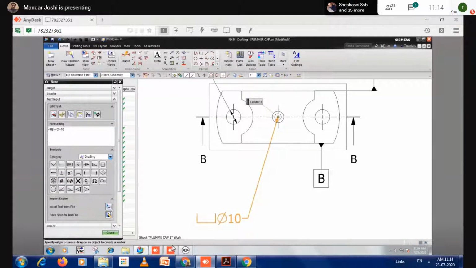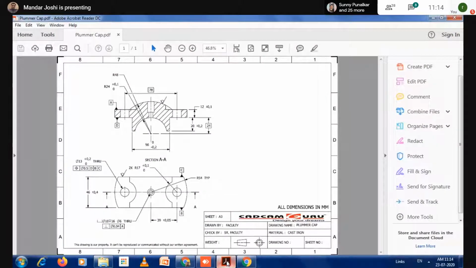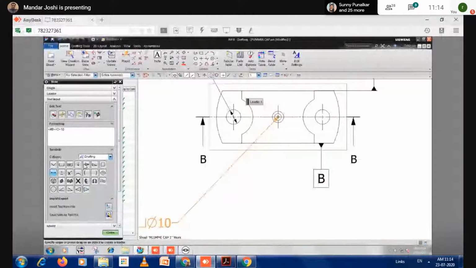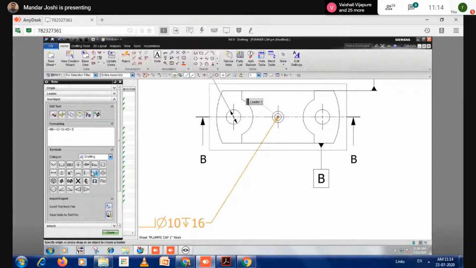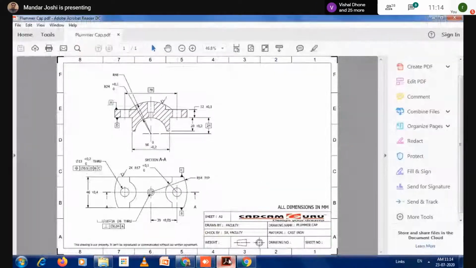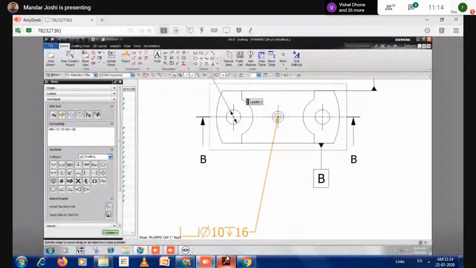What next? Diameter 10 came up. Depth 16. So here is that depth. Insert depth. This is 16. Next step, through is written. So type there THRU.